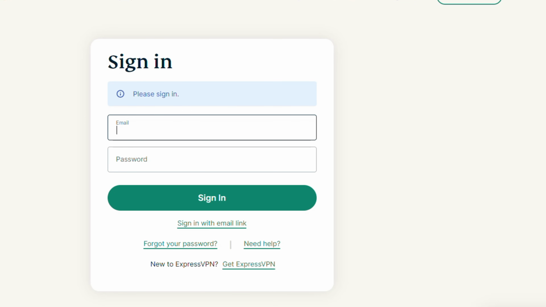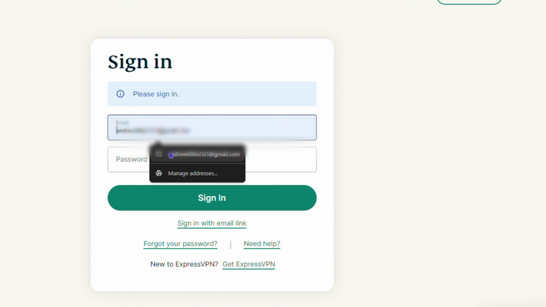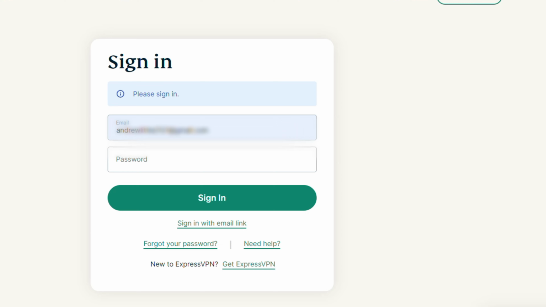It's going to open up your browser, and of course you want to go ahead and enter your email address. You will have a password that is given to you. This could be something that was generated or something that you actually set yourself. Once you sign up for ExpressVPN, they will give you a code, and they will also ask you if you would like to change this to something of your choice. It's really up to you what you did, but you'll have that password and you want to use that